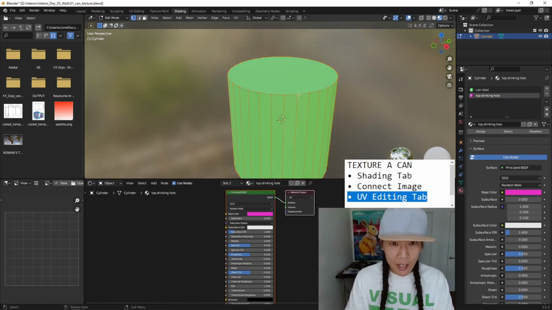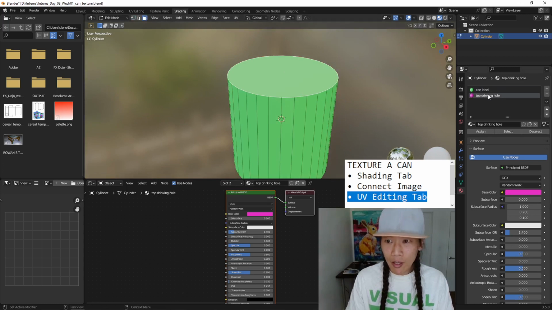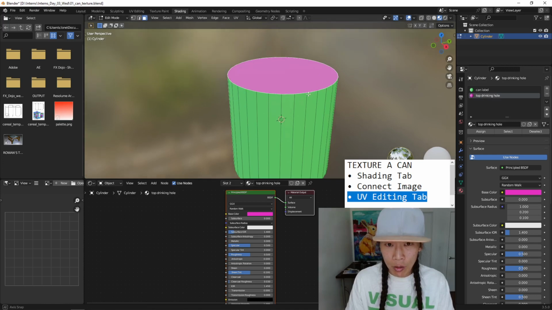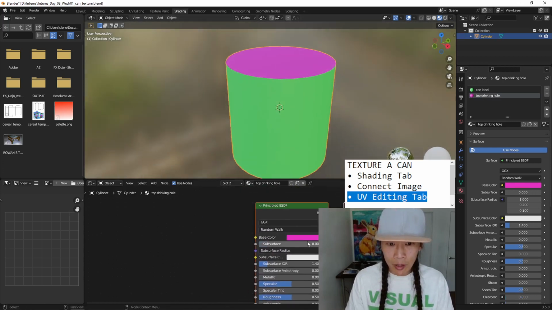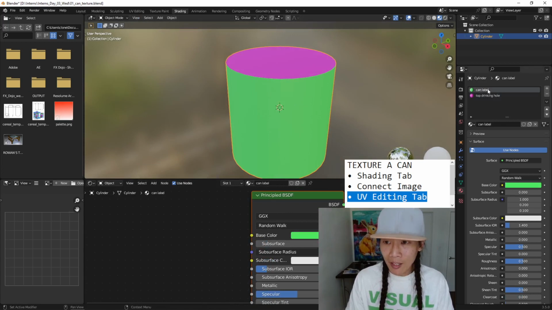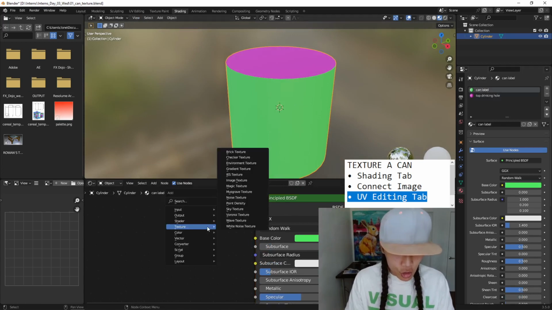I have to go into edit mode, and I'm going to select the top of the can and of course assign the proper material to the proper section of the can. There it is. Next, I'm going to select the can label material, and I'll hit Shift A to add